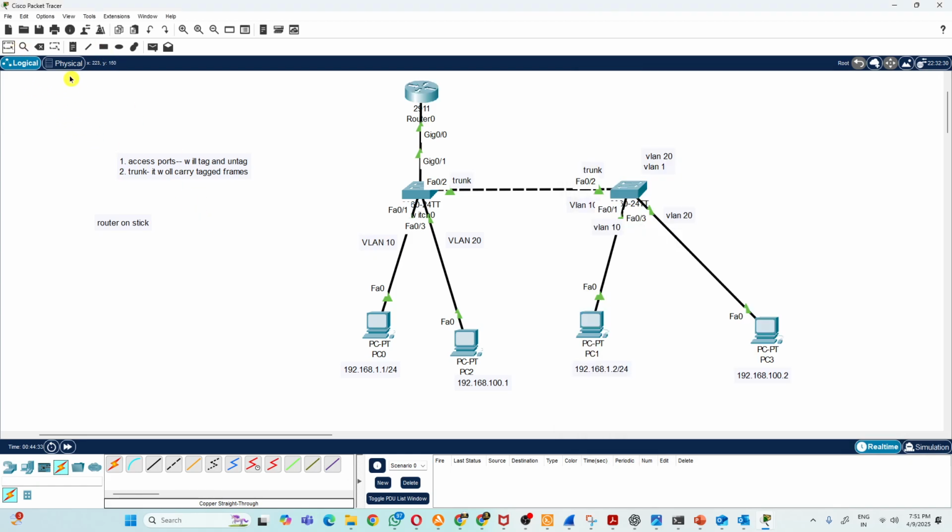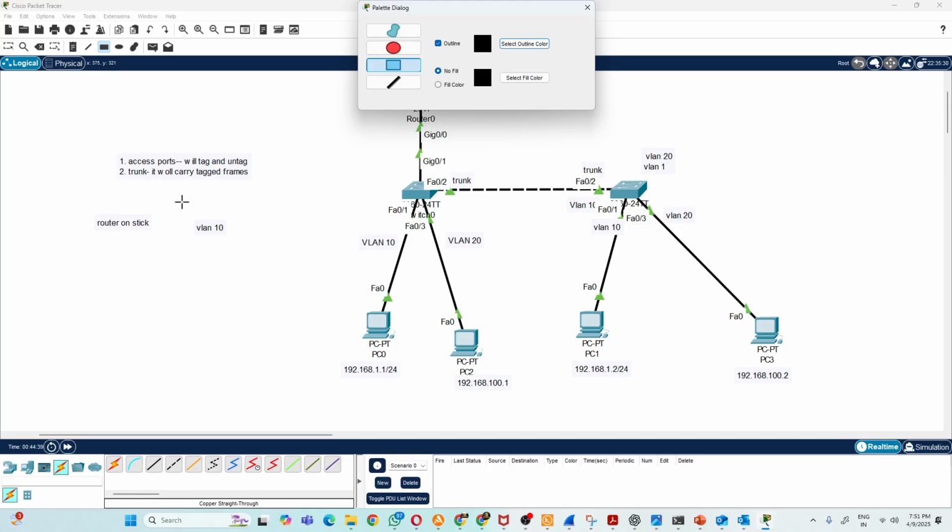Suppose this is VLAN 10. Now this is encapsulated with this box, whatever the box is, right? On top of that VLAN 10, there is a box. Understood? What is this? The tagged frame, right? So now